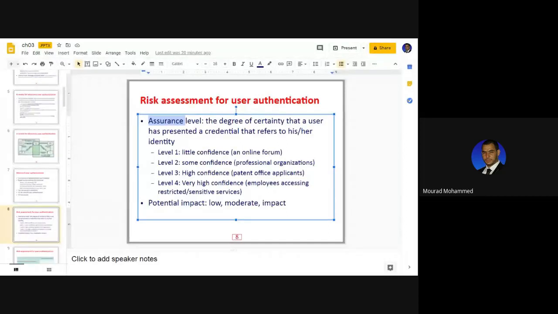Actually, it's common sense here. Either you are trusted a little bit versus the system, or you are trusted with some confidence. Okay, you are trusted, or highly confident. So here we are giving full trust to you, but there is a fourth level which is fully confident, very high confidence, meaning you have full access to the totality of the services available in the system. Here we may translate them differently because this is a common sense understanding. When you say little confidence, can we measure that? No, no, no. We cannot measure.